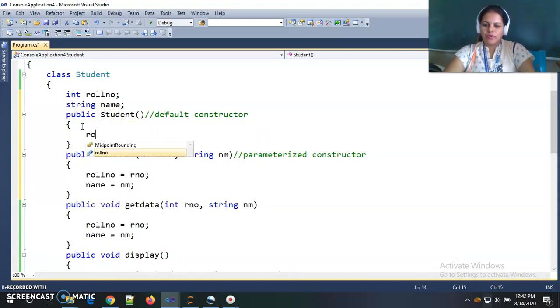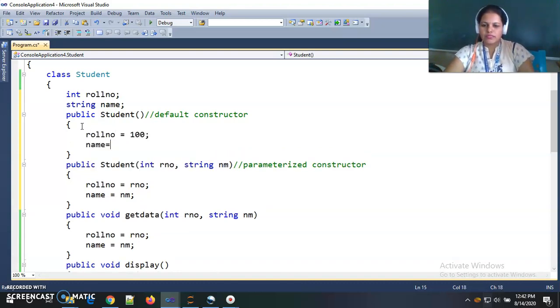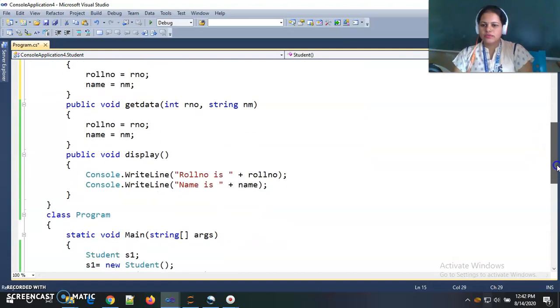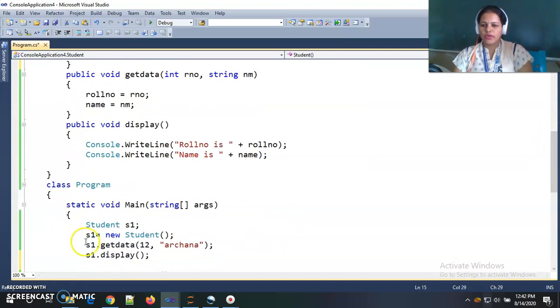And for the default constructor, I am assigning the values roll number is equal to 100 and name is equal to Ramesh. So I am storing default values 100 and Ramesh, and this is the parameterized constructor. Now how will things work?